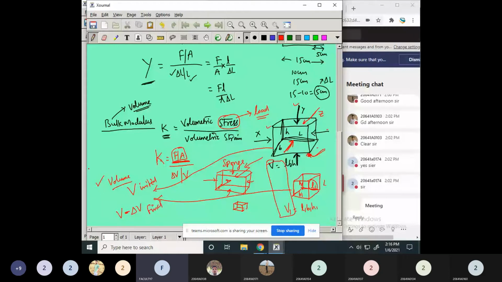Now what is the difference between these two? If you subtract the higher value minus the lower value, or you can do it like this: take the final value, which is V minus delta V, minus the initial value V. Then these two get cancelled and the remaining value is minus delta V. So what is the meaning of the minus here? Minus means there is a reduction in the volume.